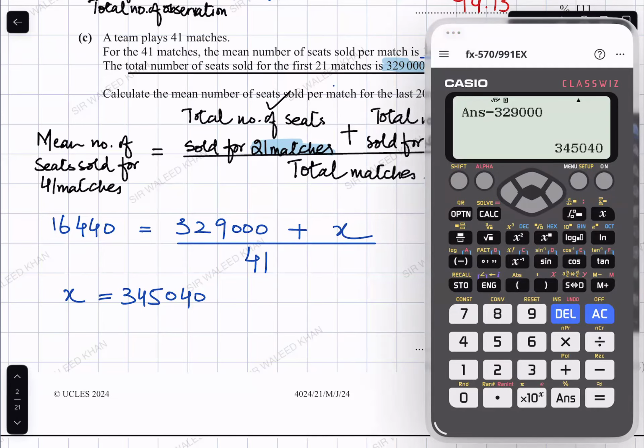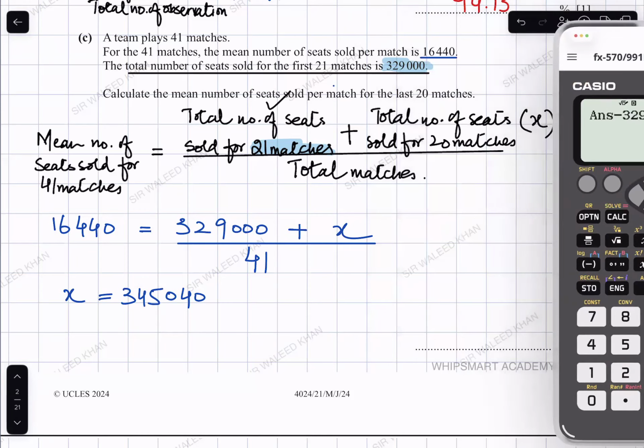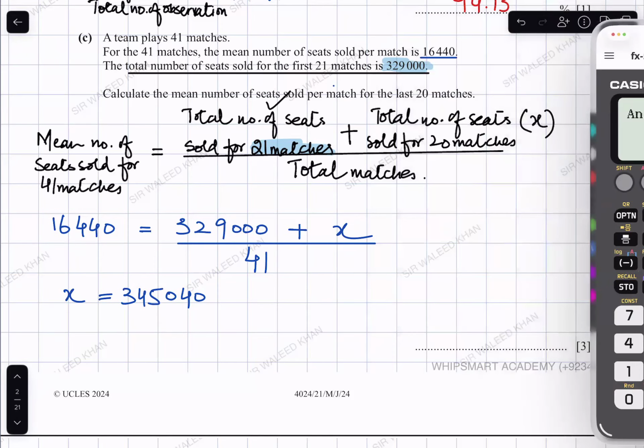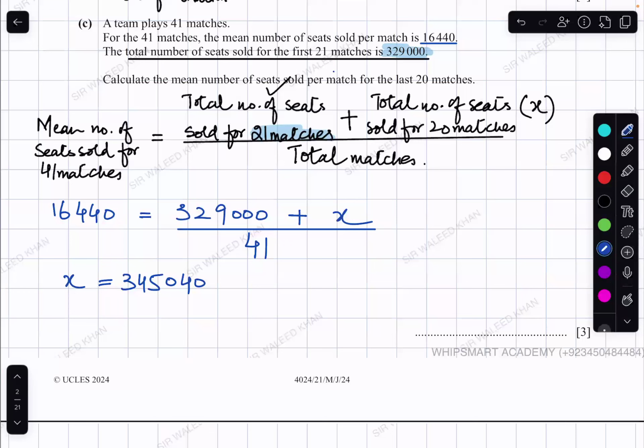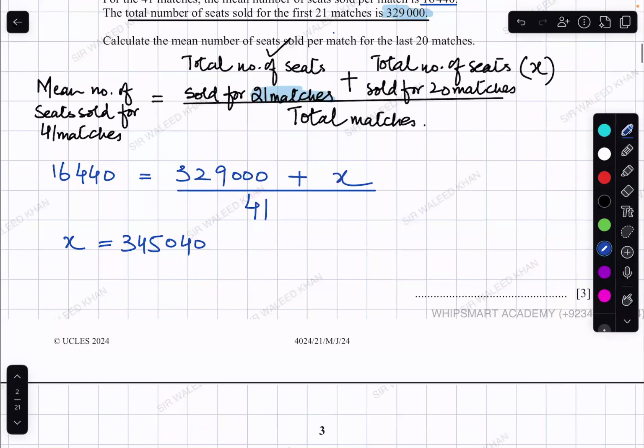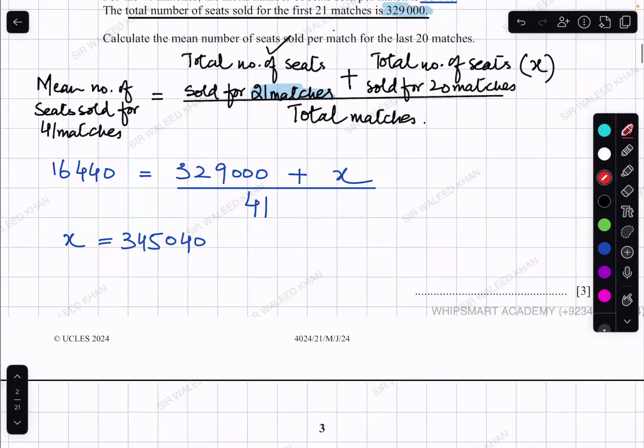Now, do remember what X meant? What was the meaning of X? X was the total number of seats sold for 20 matches. And what are they asking us? They are saying calculate the mean of the seats sold per match for the last 20 matches. So to find out the mean, for the last 20 matches,